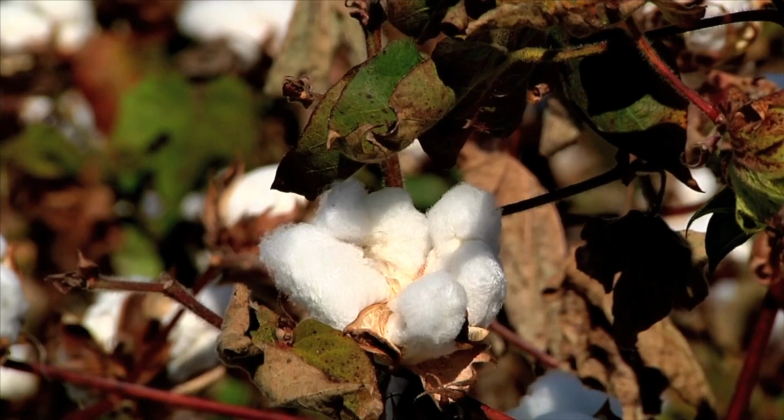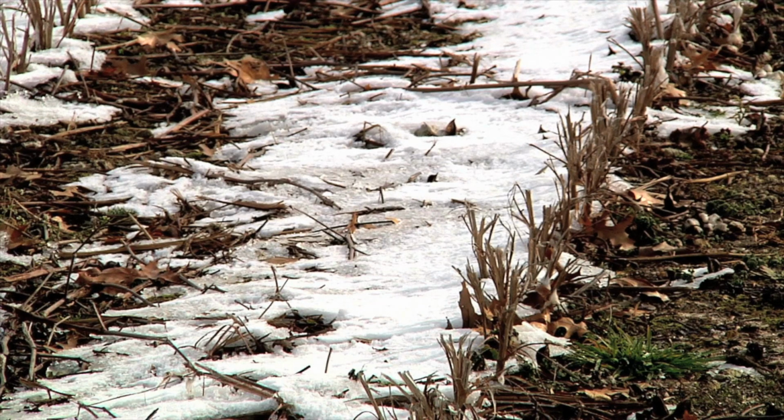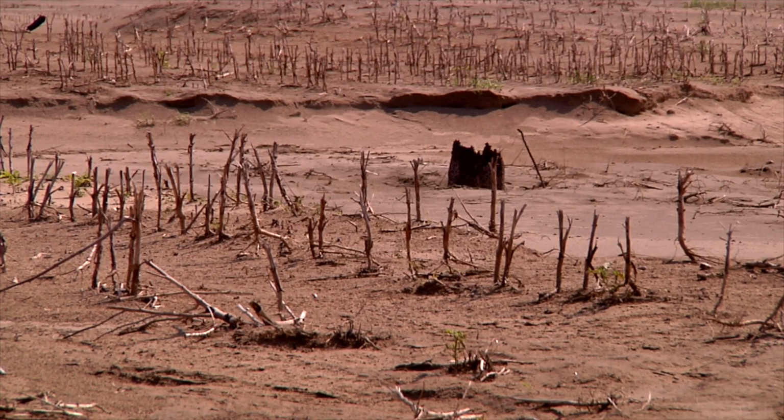Cotton is one of the primary crops that's grown in the southeast, and after cotton is harvested, there's very little plant biomass left in the field after harvesting. So that means there's a lot more exposed soil. So having a lot of bare soil or exposed soil during the winter months could increase your chances of